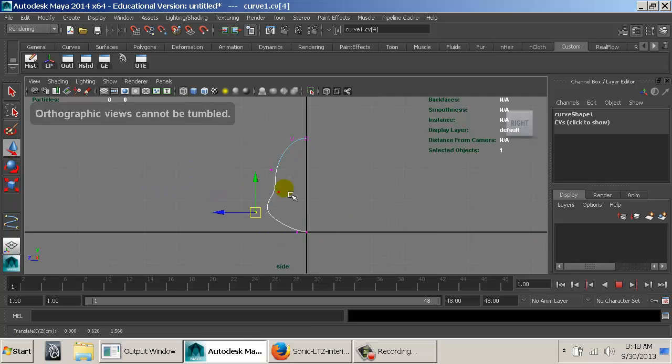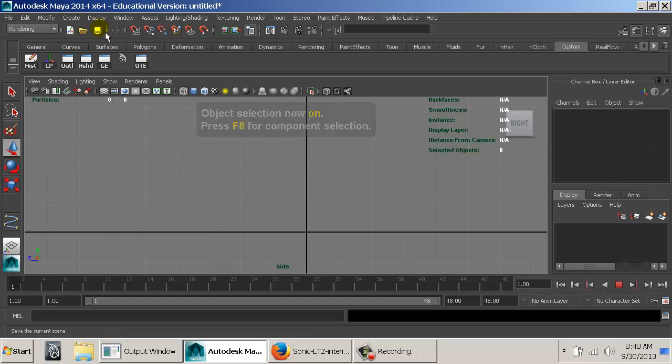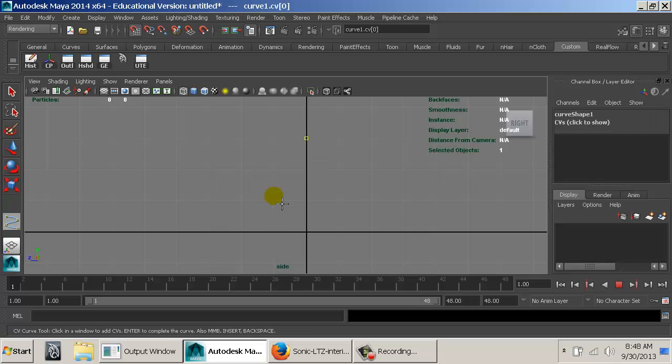Okay, it doesn't matter where these points are. I mean, obviously for the shape it will, but it's not going to hurt the top or the bottom of the surface as far as making it look like it's a continuous surface. Okay, so sometimes when I draw these, I'll use X to snap my first point, and then I'll use Shift to click the next one. That way we go in a straight line. And then I draw whatever shape it is,